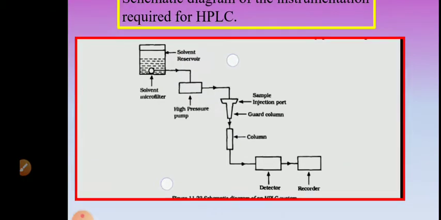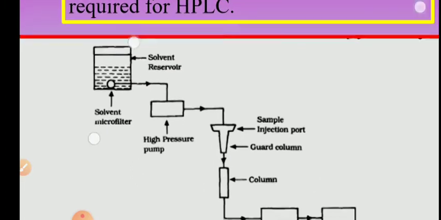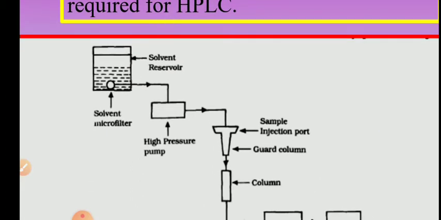Now this is the schematic diagram of the instrumentation required for HPLC. You can see we require a solvent reservoir filled with solvent. There is a solvent microfilter, as the solvent has to be degassed and filtered. So there is a microfilter inside the solvent reservoir through which the solvent is filtered. Then, with the help of a high pressure pump, under pressure, the solvent is allowed to come into the